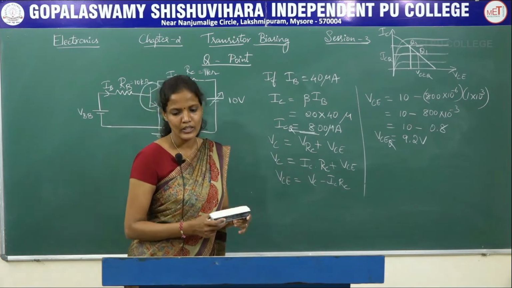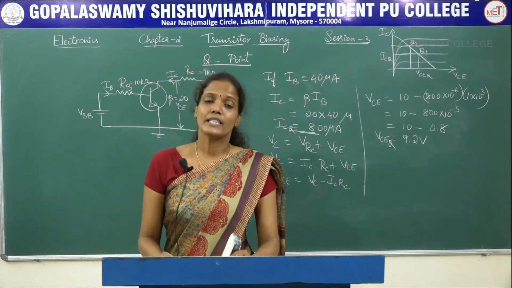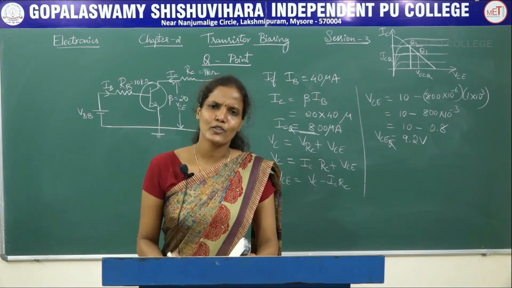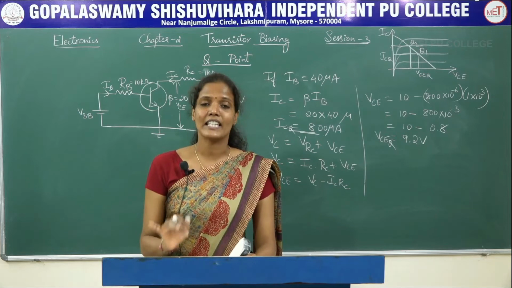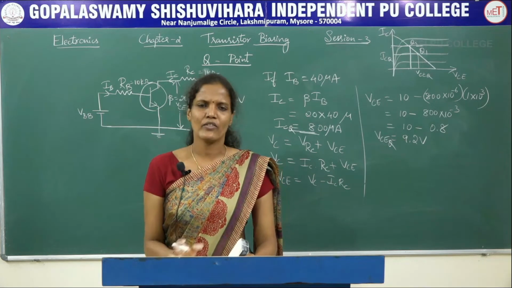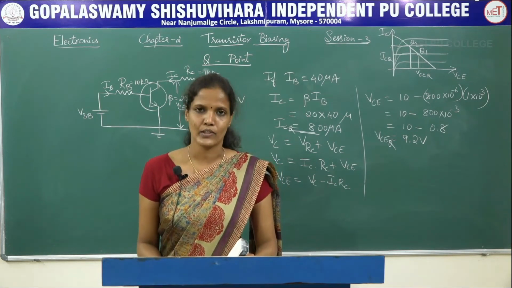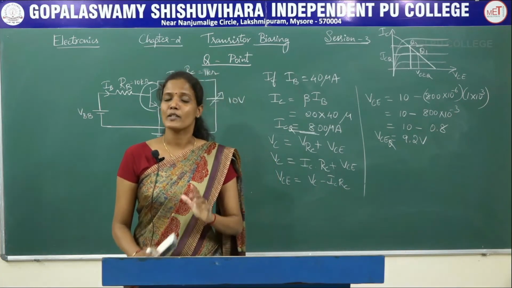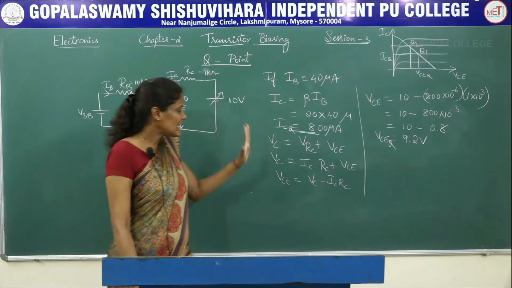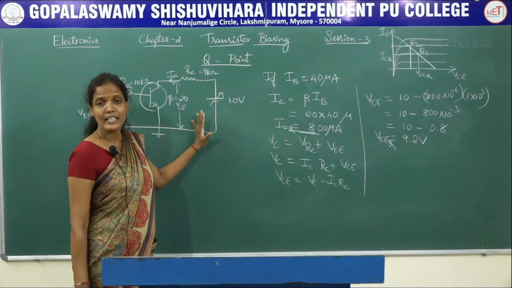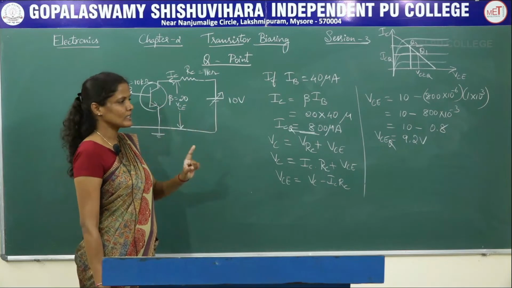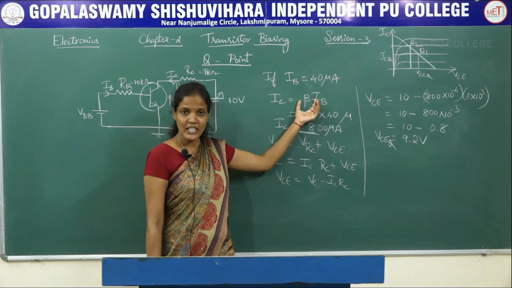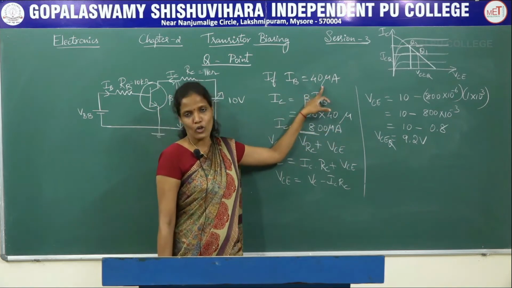So what I am trying to tell you is, in the earlier session I told you that the transistor has to be stable. The transistor should remain at its constant value whenever there is a change in temperature. The temperature variations will be happening in every circuit. So in spite of the temperature variations, the transistor must remain in a stable condition. But in this particular circuit, the transistor can never remain stable because whenever there is a change in temperature, the beta value will be changing even though the IB value is constant.